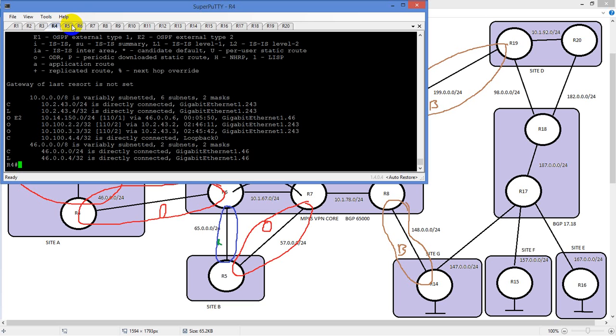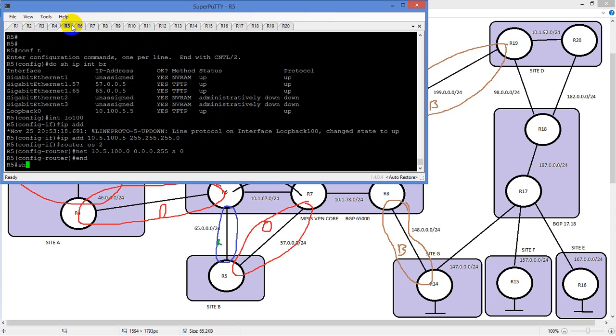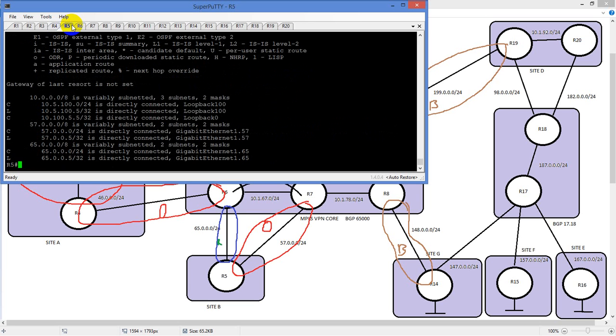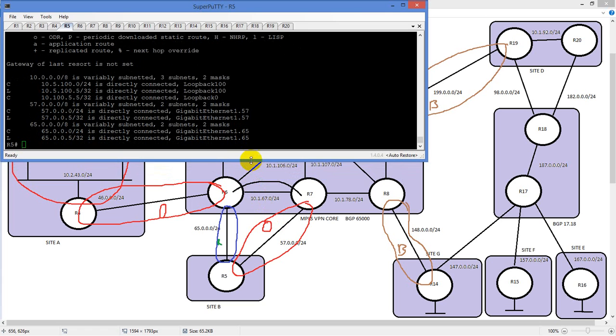Let's see, hold on. 5 has show IP route. 5 sees nothing. 5 doesn't get anything. So we have some issues with our BGP connector, or we have some issues with our MPLS network. So we have some troubleshooting to do. The first thing we have to look at is